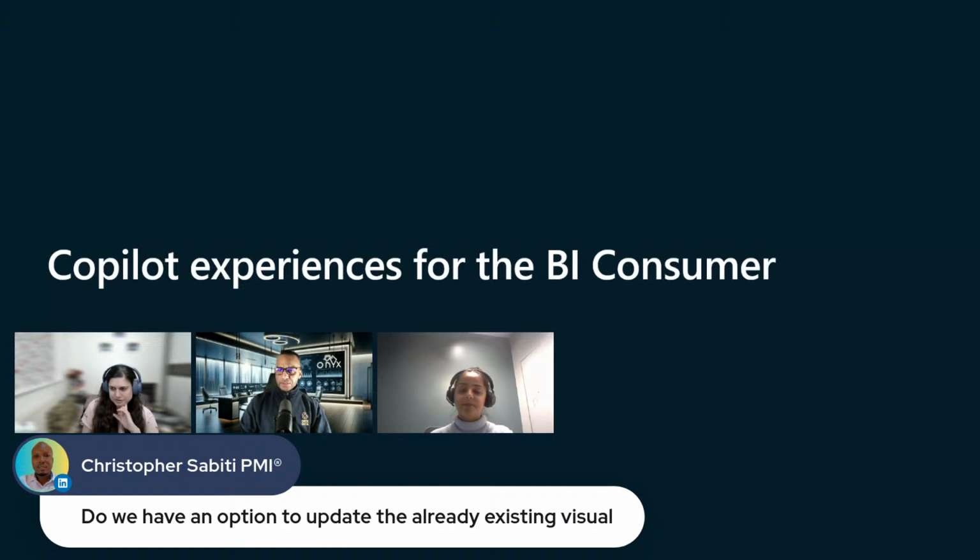Yeah, I guess whilst he does, we should probably interpret this as an already existing report that we have Copilot open in. Can we use it to update any existing visuals within the report, or just create new ones? So currently you can just create new visuals and basically update the report pages, but you cannot update an existing visual. That's something which is already in our backlog and the team is working on,